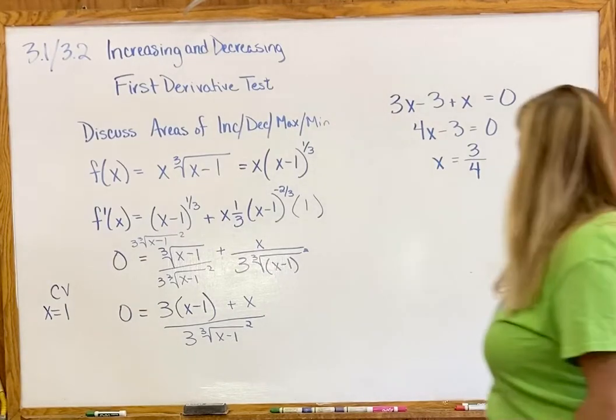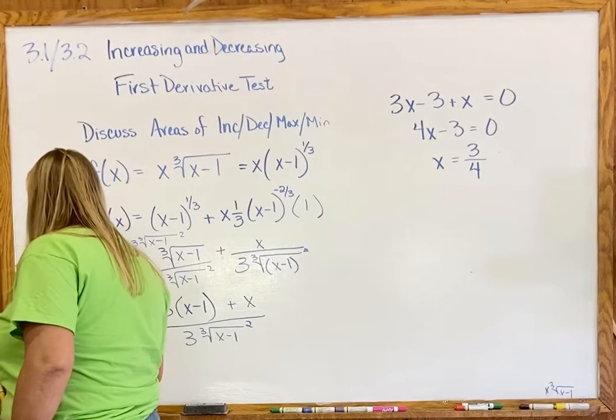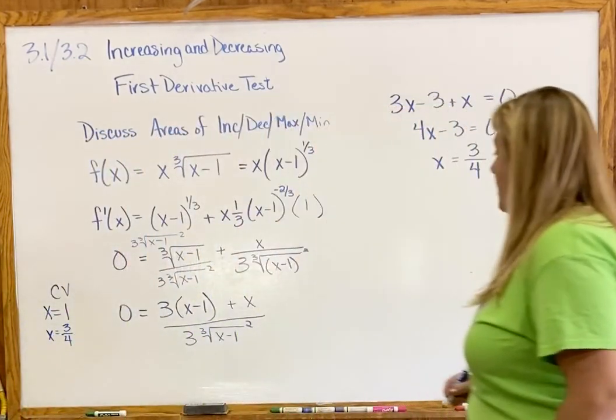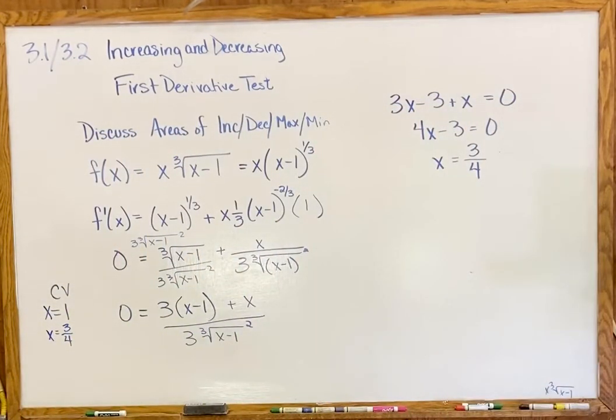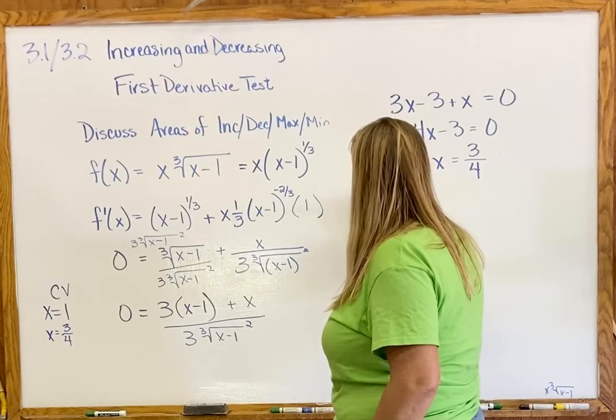All right, so we have just one more critical value, an x of 3/4. So now, like we said, we want to make that table, make those intervals, and discuss whether we're increasing and decreasing, and decide whether we have minimums or maximums. So let's make our little table here. So we're going to go with the interval